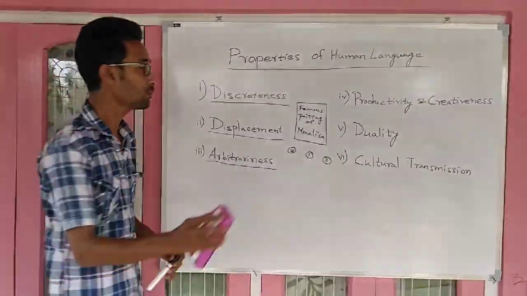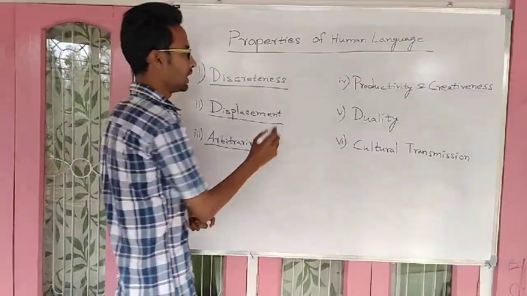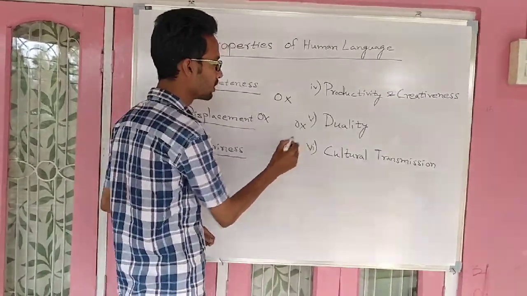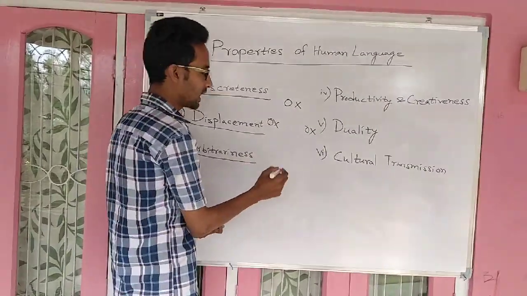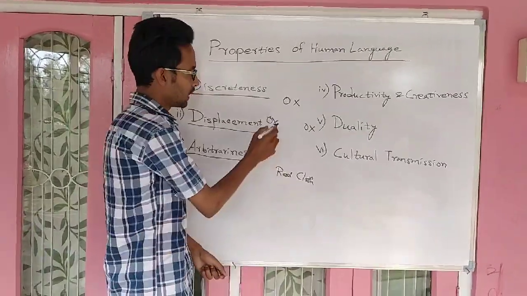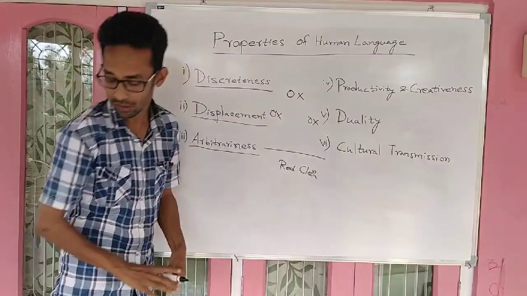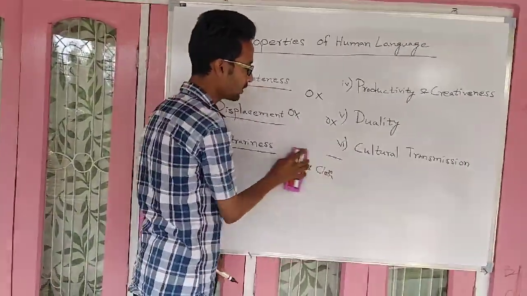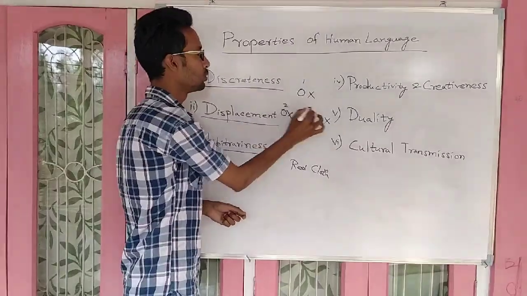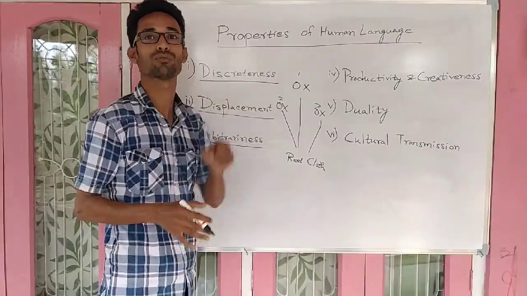But if the same scenario happens with an animal, for example, if an ox is there, another ox is here, and another ox is here, ox meaning the animal I am talking about, and a red cloth is here, and a curtain is kept here, as soon as we remove the curtain, as soon as the red cloth is revealed to the 3 oxes, number 1, 2 and 3, all the 3 oxes will be running towards the red cloth to fetch it.